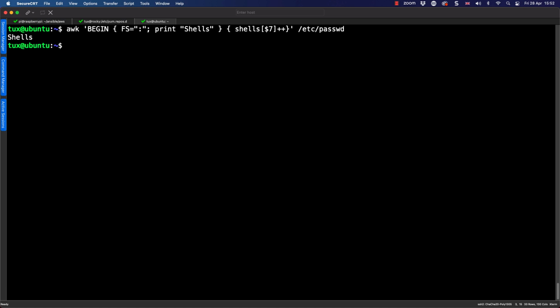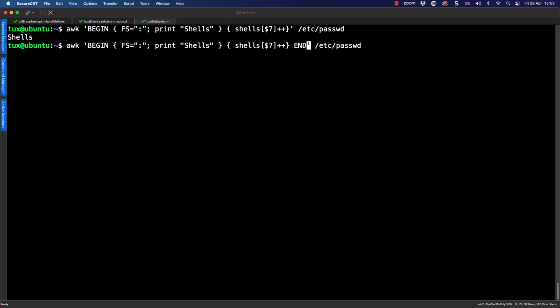If I hit the big enter key now, you're probably not going to be that impressed because we just see shells. But that's because we haven't asked anything else to print. In our main block, all we're doing is just populating the array. And this is where we can then make use of our final and third block, the end block. Very much like the begin block, it is only processed once, but after the main block has been processed. So this means then that we can interrogate our array shells and start printing out some of that really useful information that we want to report on.